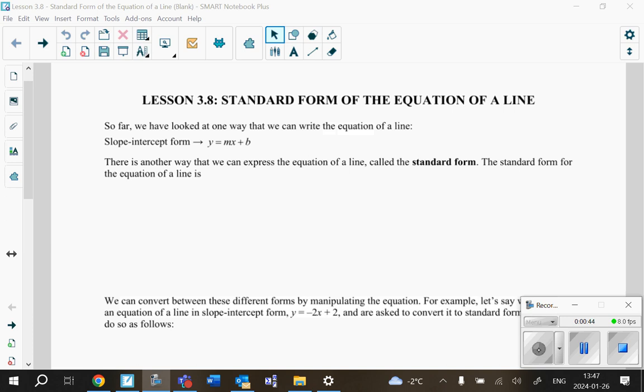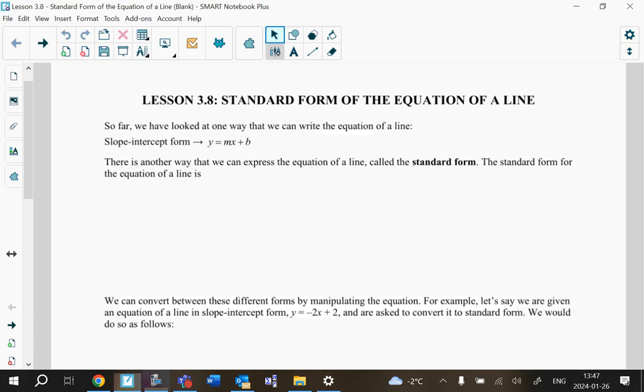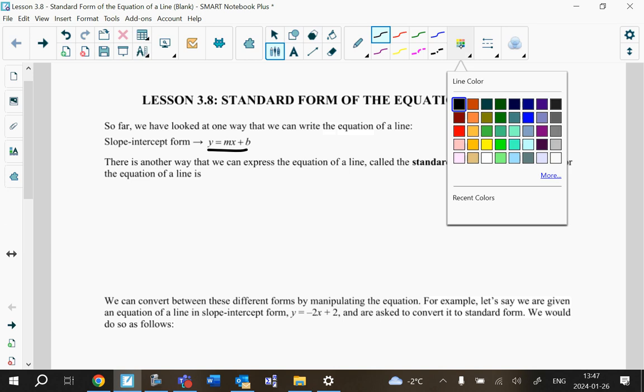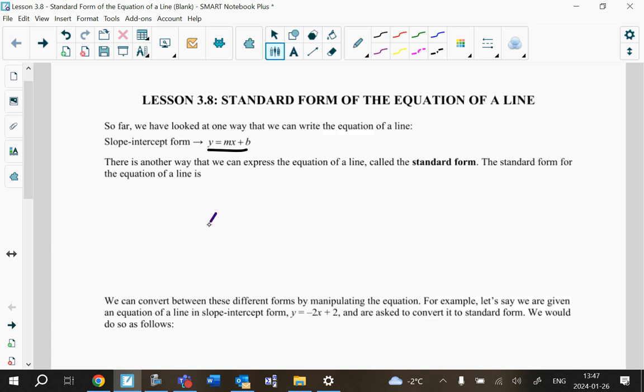The only other thing I want to add to this is many times when we find an equation of a line and we write our final answer, we do it in a slightly different form. It doesn't look like this. Okay? It looks like this, where we have the x term at the beginning of the left side of the equation. Then we have the y term, and these just represent numbers that could be in front, equals a constant number on the other side. It's just a different way it looks, but A